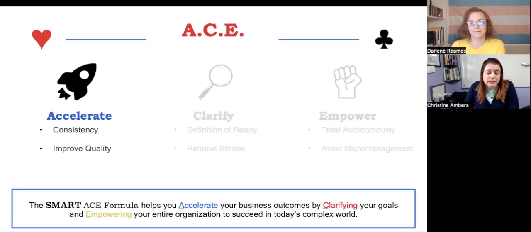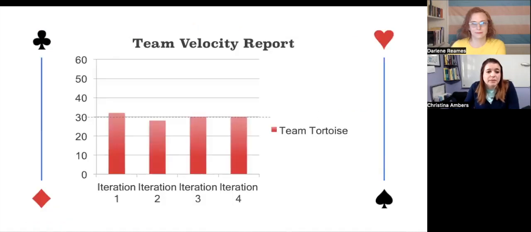Velocity, especially consistent velocity, is a very powerful tool for any team. Teams can use their past velocities to see what they're able to do reliably. This can then be used in planning to select a backlog that is possible, as well as used later for forecasting a particular delivery date based on the past. Here is a velocity slide from a past team of mine. They were consistent, plus or minus about 3 story points.